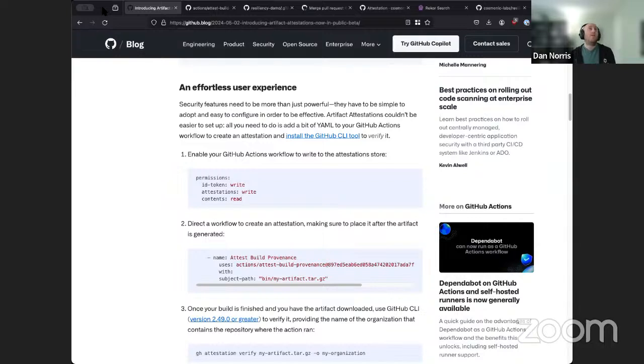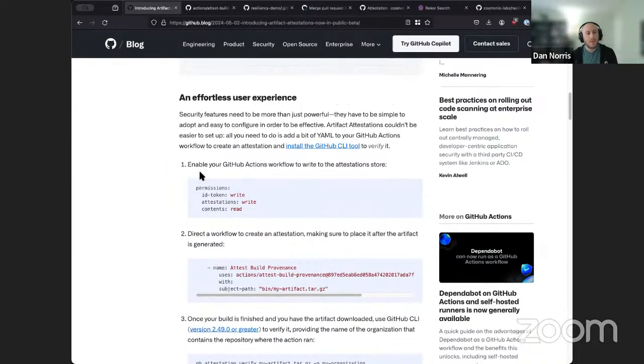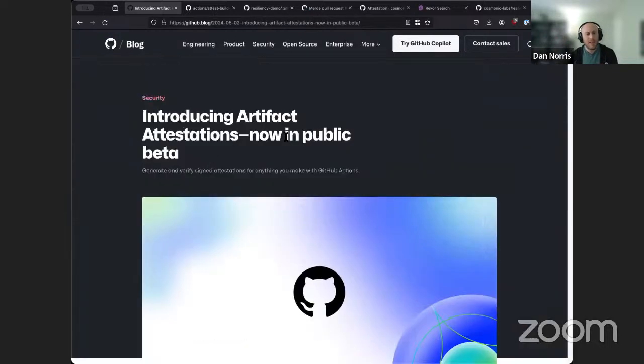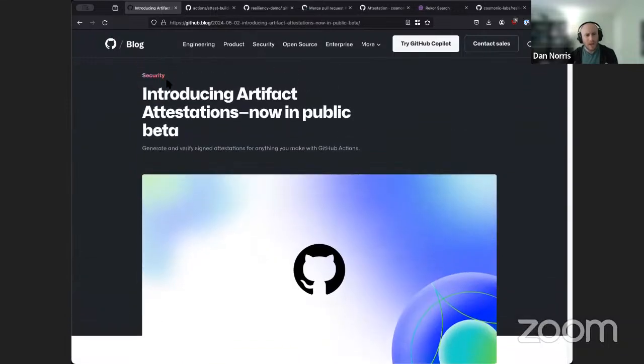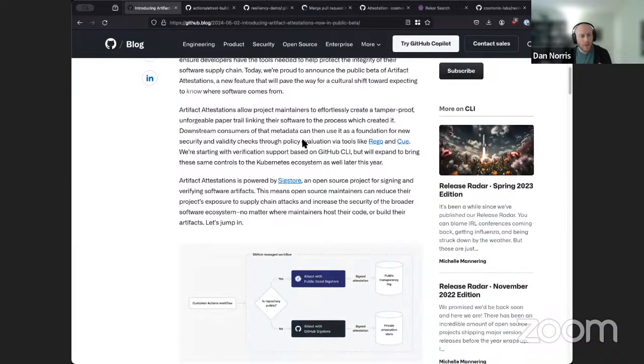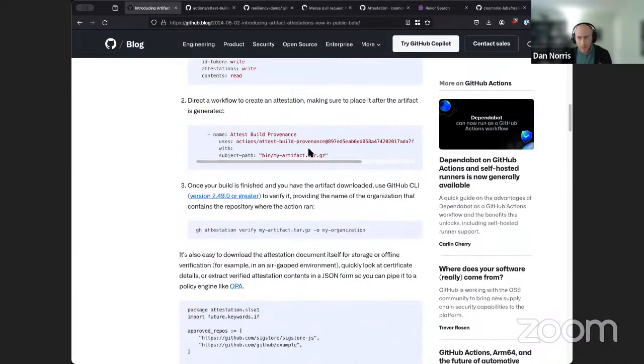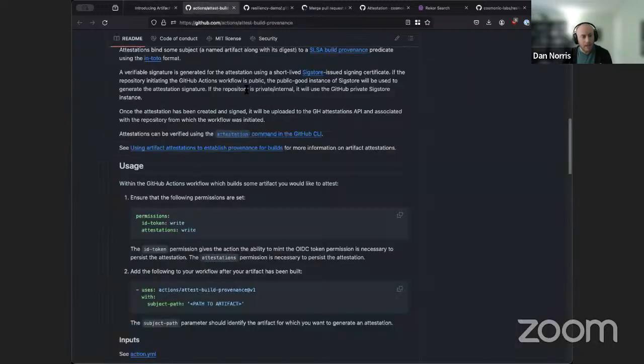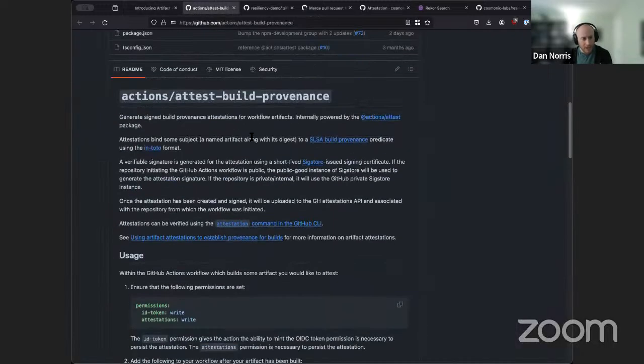Cool. So there's another side to all this SigSource stuff, which is actually build attestations. Last week, I think it was last Monday, we noticed that GitHub had introduced artifact attestations in public beta. We were already talking about looking at some SigSource stuff, so I read through this and thought, I bet we could do this with wasmCloud pretty effortlessly. They have released a GitHub action you can plug into your pipelines, which is to